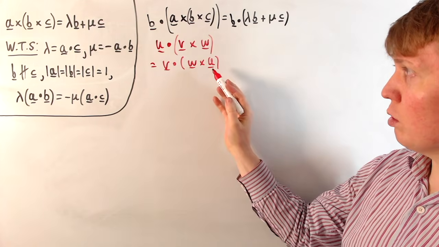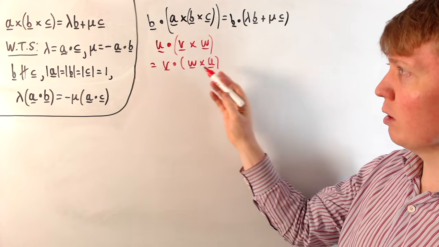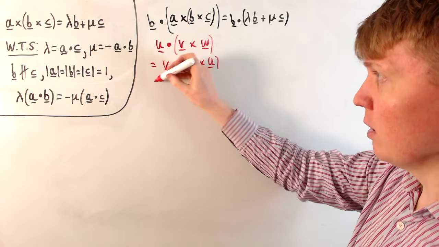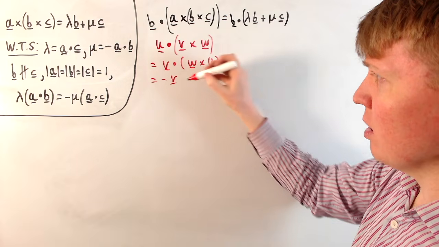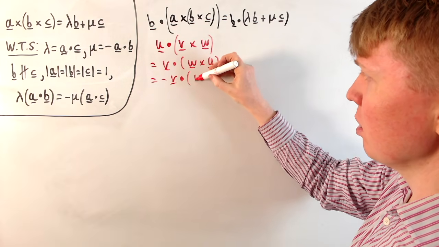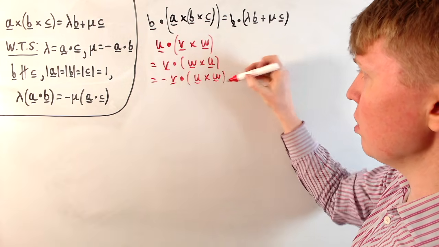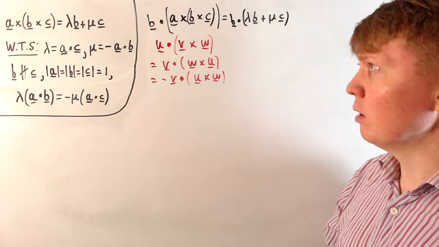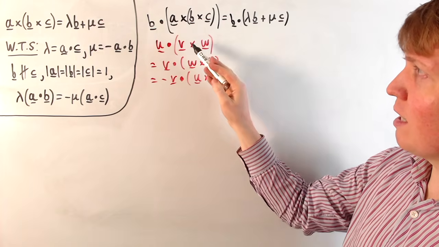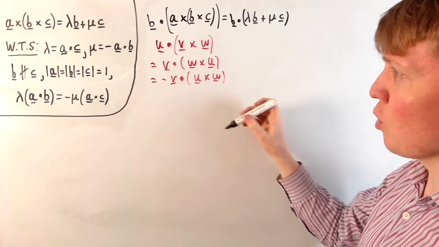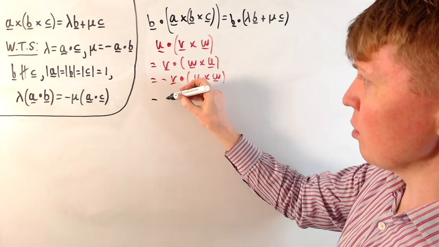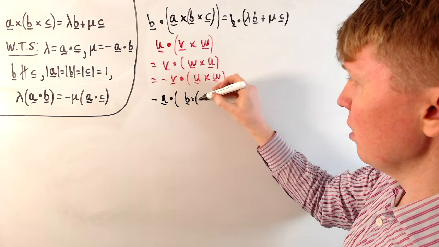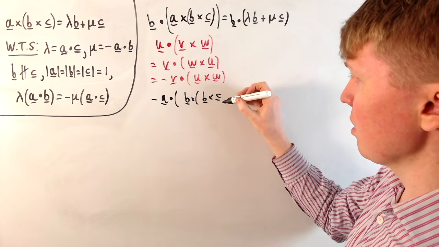But then we could also switch U and W, so having W cross U versus U cross W, you just get the negative of the other. So this gives us negative V dot U cross W. So we're going to use this identity, and this will give us something quite nice to work with on the left-hand side now. So if we say that our B is U, A is V, and B cross C is W, then our left-hand side is going to become negative A dot